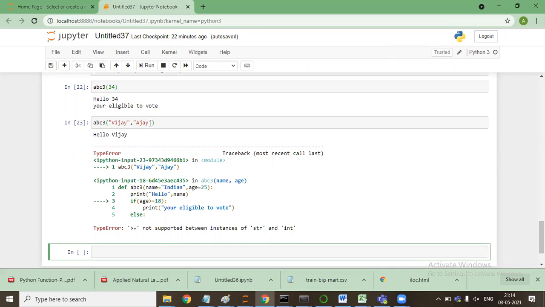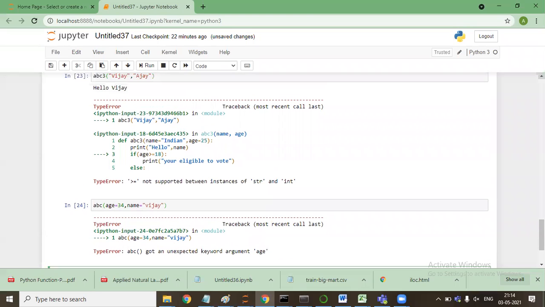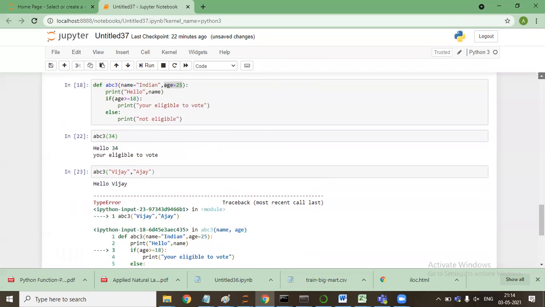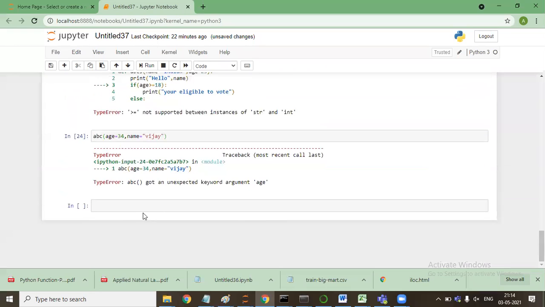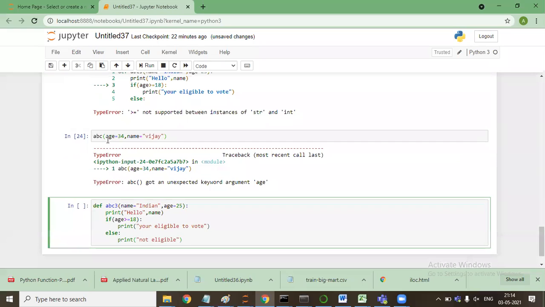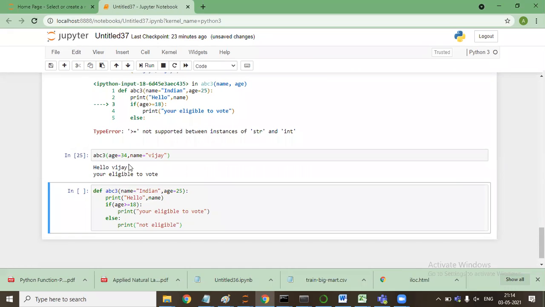In a similar way, if I'll say ABC, age is equal to 34, name is equal to, so now as well, if I'll say, see here, okay, it was ABC3, now it has taken.